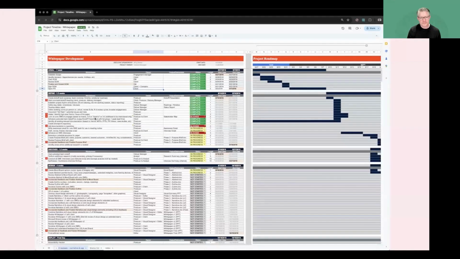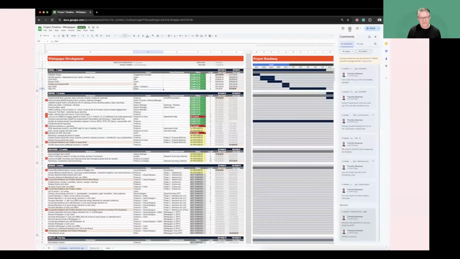All right, we're making good progress, but I see a few things are blocked. I wonder why. Let me go ahead and check the comments. Oh, so many comments. All right. Oh, looks like we haven't heard back from the client yet, putting the timeline at risk. All right. I'll add this to the agenda item for the next stand up. I don't see why this is blocked. I bet they sent me an email. All right. Let me go check my email.